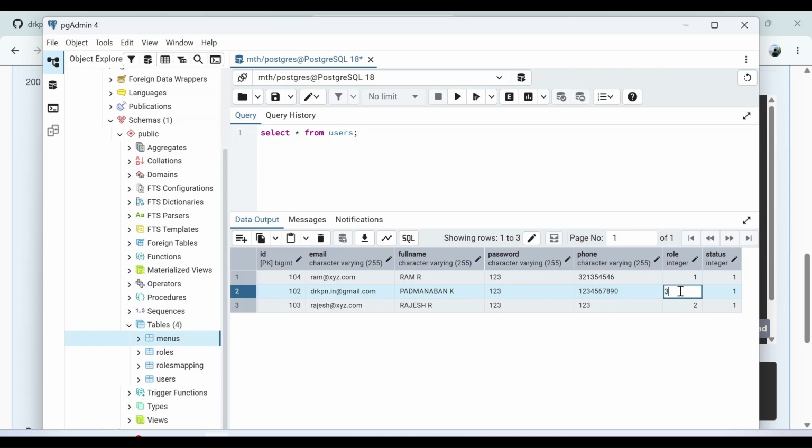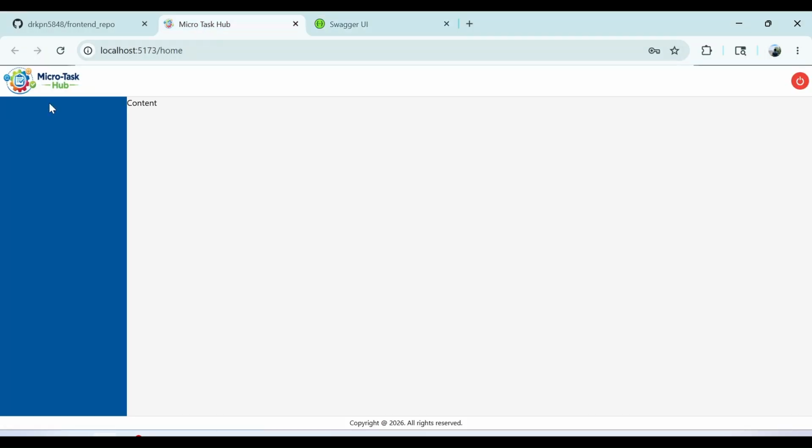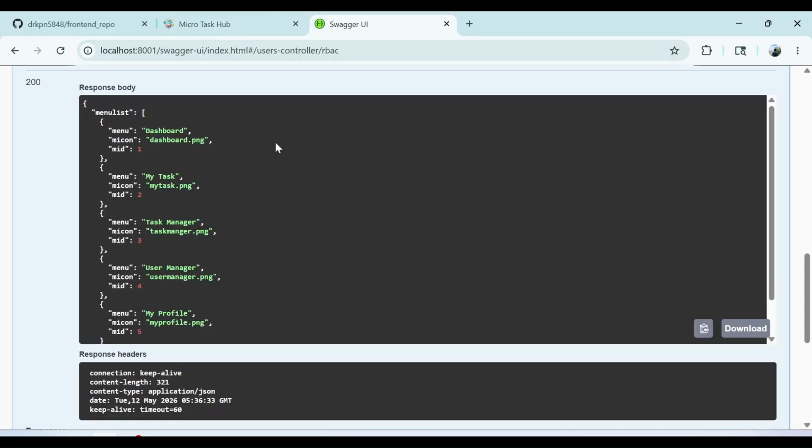So you can double click and enter the role 3 for any one of the users. Then click on the button to save the changes and make one user a manager and one a user. Then after, don't forget to save the changes. Execute the select query and make sure the changes you made on the column role are reflected in the query result. Then you can generate a token by logging in with admin and copy the token and paste it for